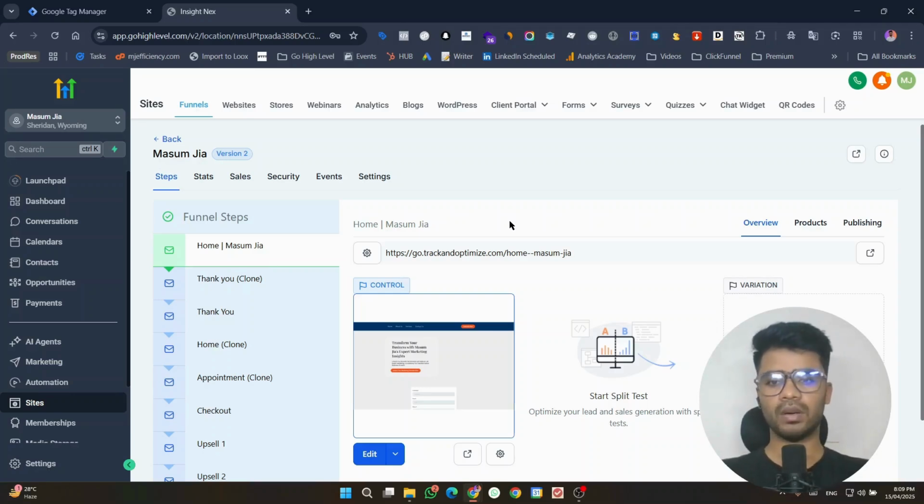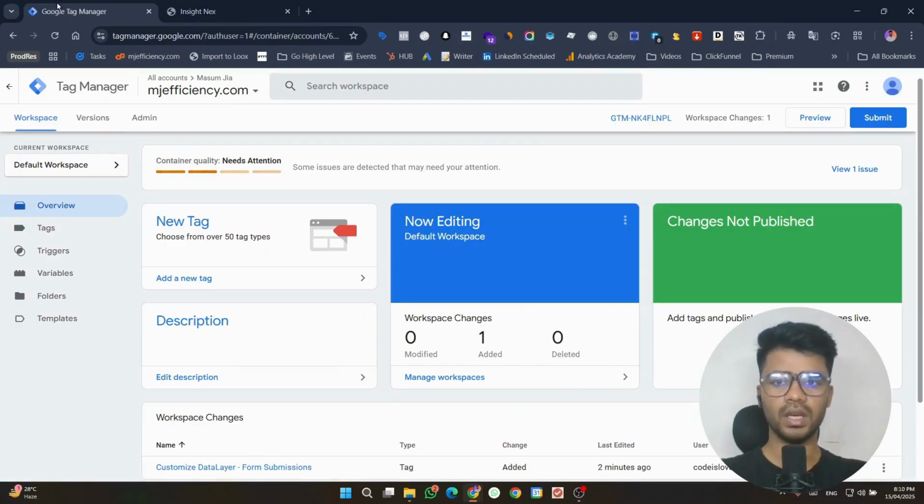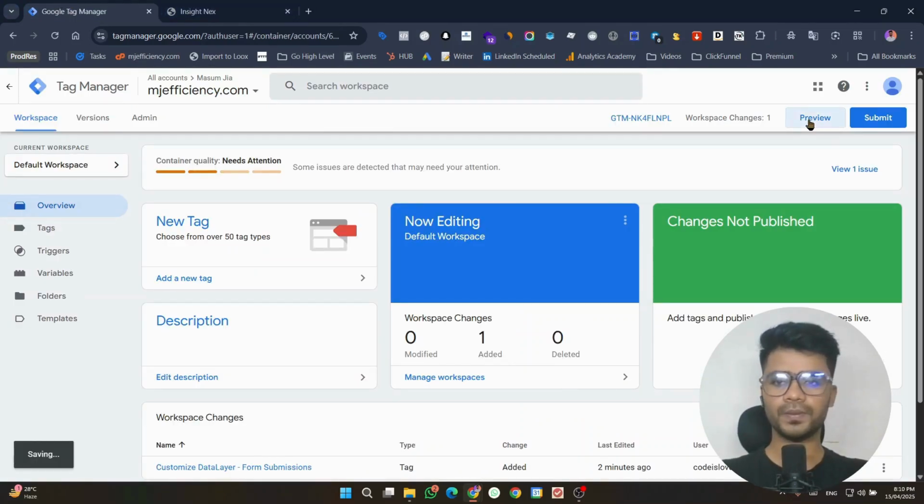So we want to set up our form conversion tracking in our GHL for our Meta ads, Google ads, TikTok ads, for any kind of platform. But we will be showing Meta ads. So let's get started. This is my landing page and this is my GHL. This is my GTM. So if I go to preview,